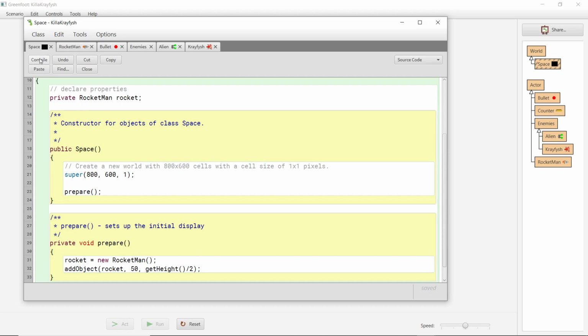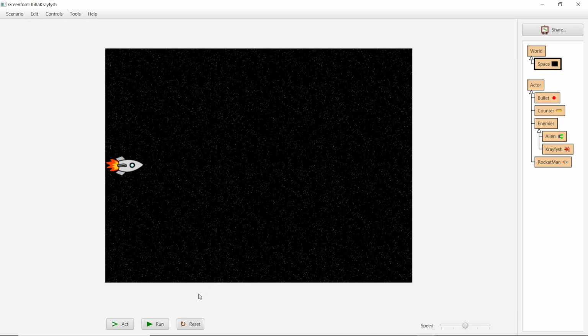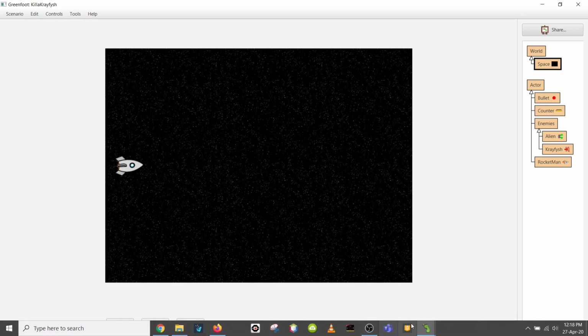Okay, let's compile that. Let's run it. I'm just going to say new space. There we go. And if I run it, there's my animation. So my rocket is animating nicely, and it is on the screen. So the code we've written so far is good. Right, let's go back